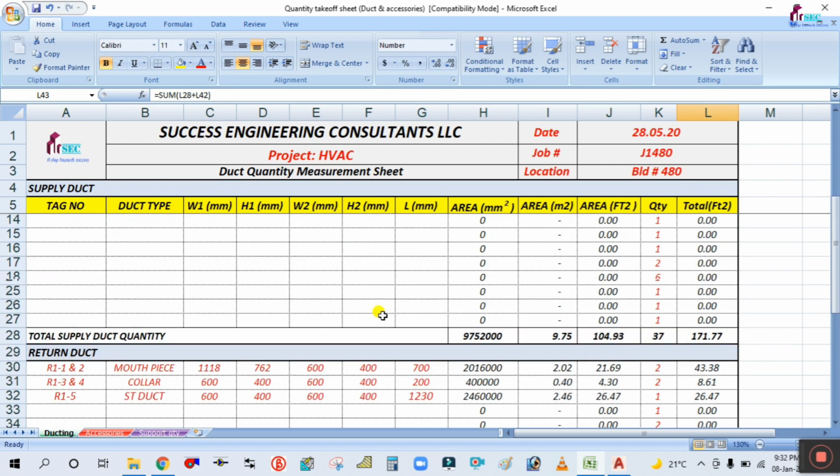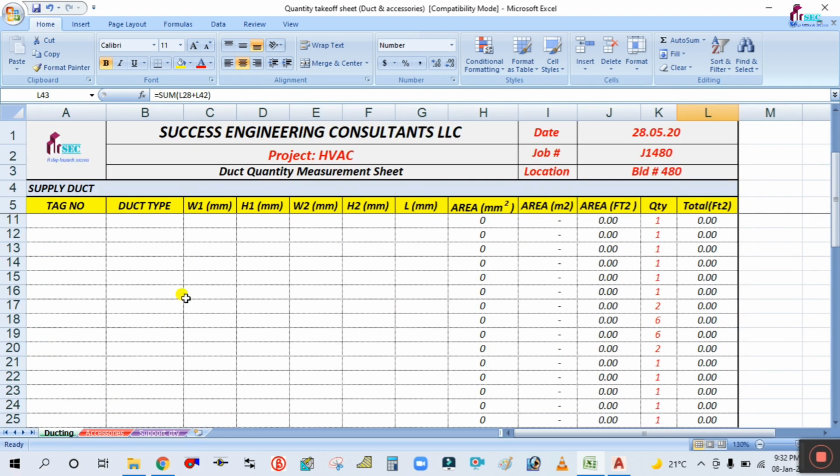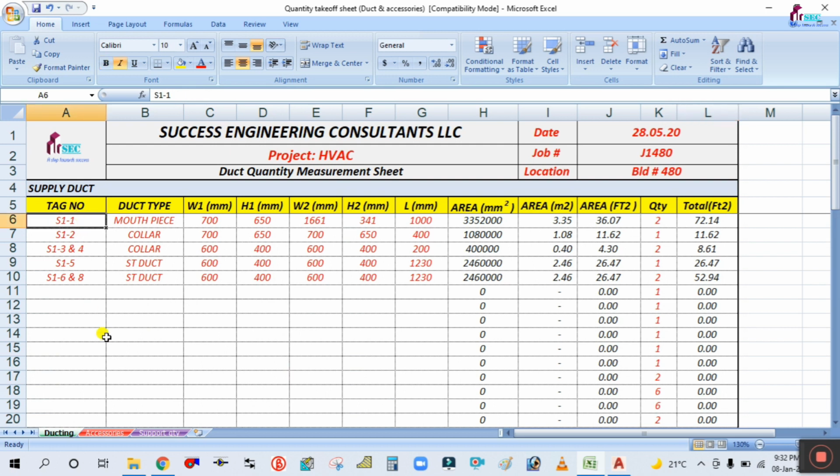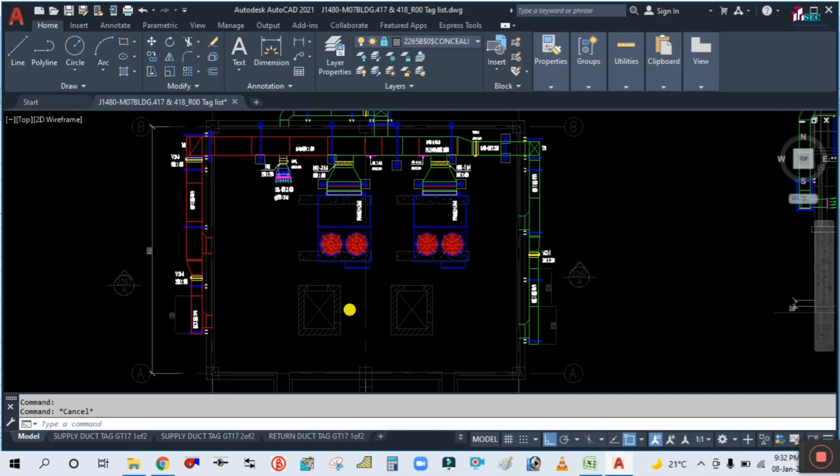Okay. So let's start now, and this is for the accessories. So let us start now. For example, I am deleting all these things first. Okay, here also I am deleting this. Okay, so for example,